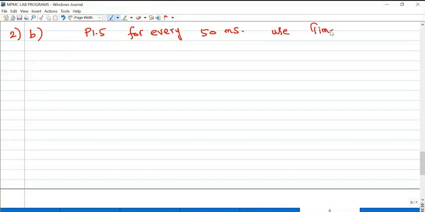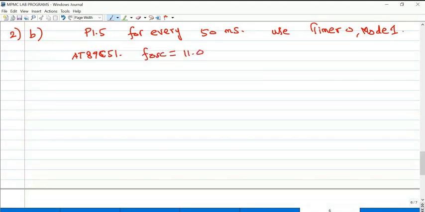Use timer 0 mode 1, that is specified in the aim. And you have to use the 8051 microcontroller. I provided AT89C51. Particularly use oscillator frequency 11.0592.